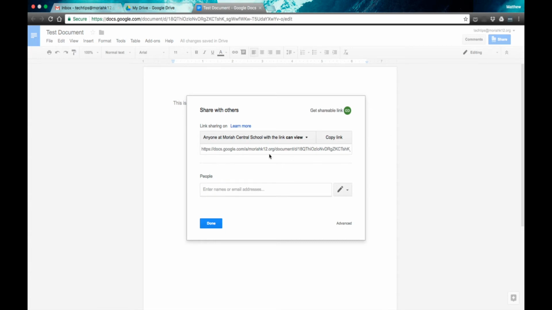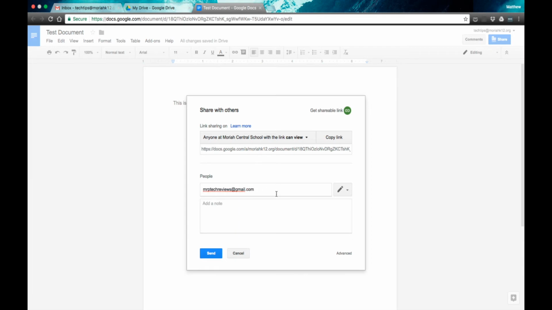And you can share using a link, providing a link to anyone. You can copy the link and email it to people, or you can just type in email addresses to share the document with other staff members. Clicking the down arrow, those people can just view the document, they can comment on the document, or they can